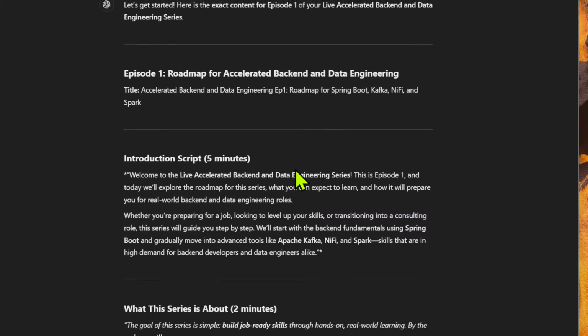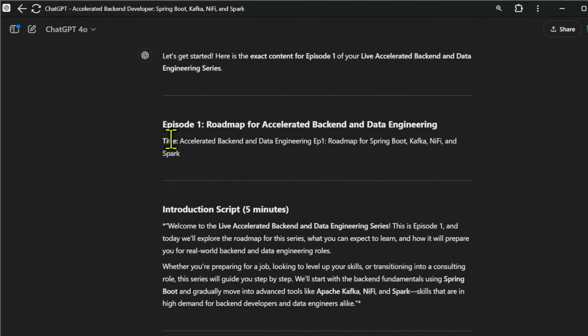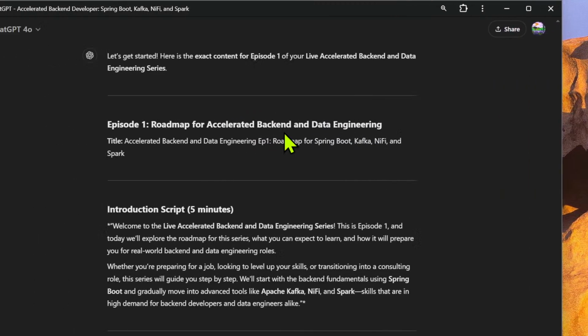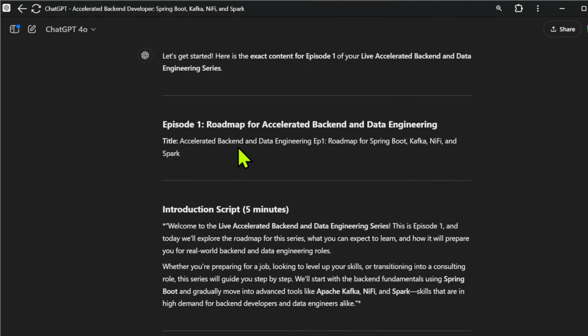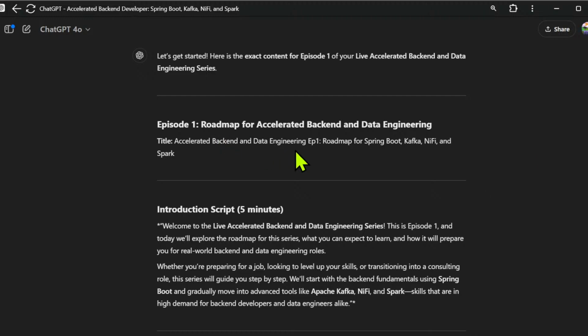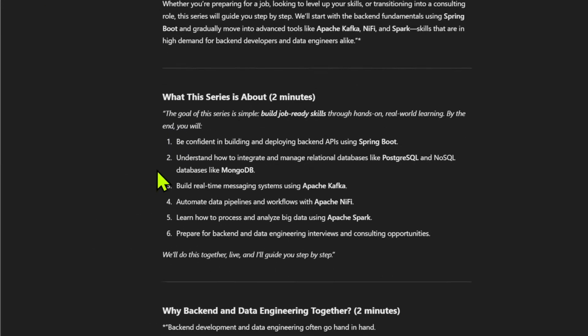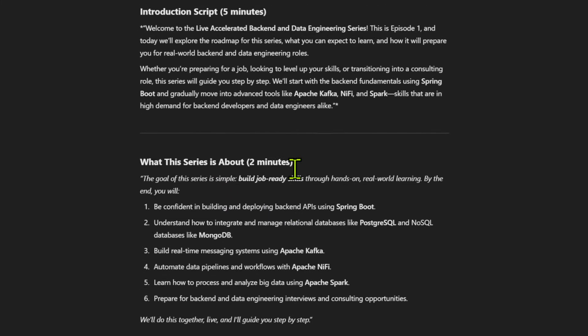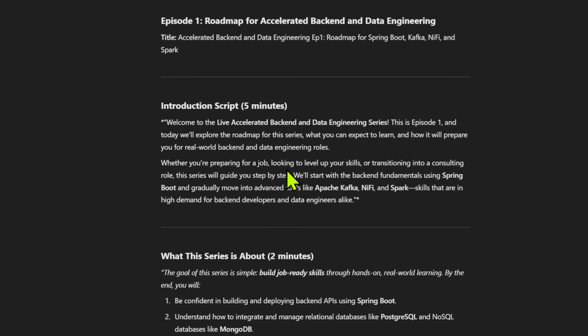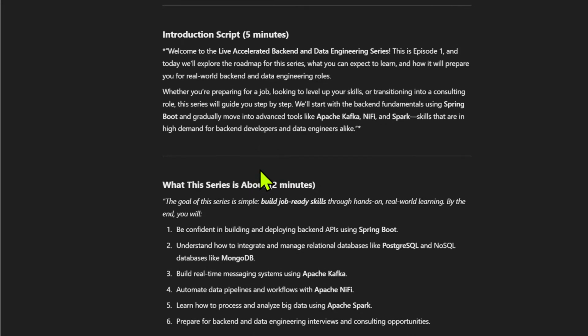I think we could start with this. We could include it with this one. So episode one, roadmap for accelerated backend and data engineering. Okay. Introduction scripts. Welcome to, well, this is like entire. Okay, this is, how about,